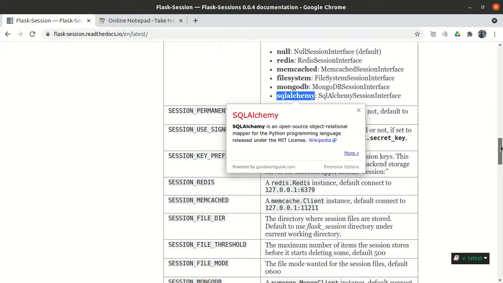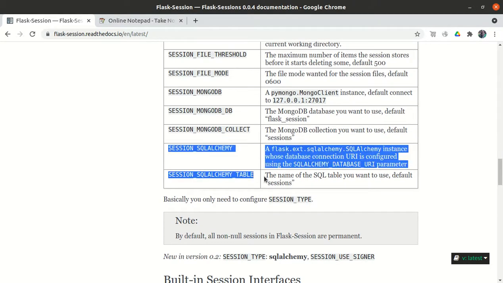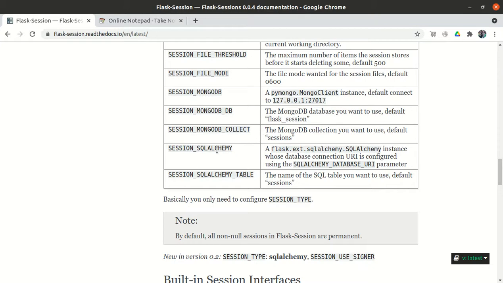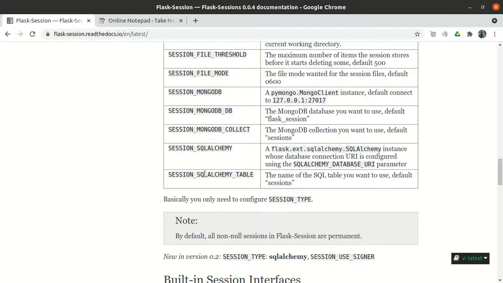If we store in SQLAlchemy, we need to define a few more things here, just like when we define MongoDB, we need to define these things as configuration. In SQLAlchemy, we define the instance of the database connection. So SESSION_SQLALCHEMY is equal to our DB, plus SESSION_SQLALCHEMY_TABLE.